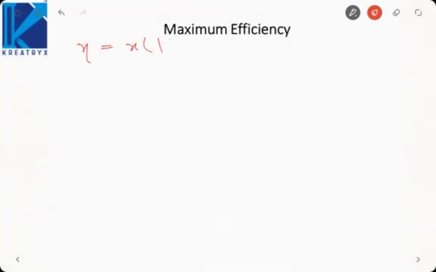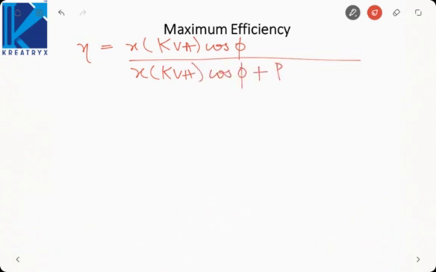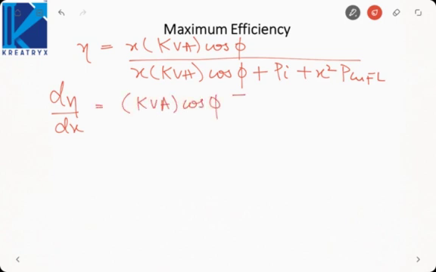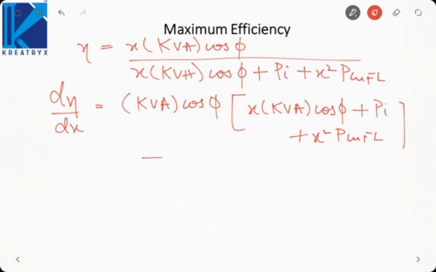Eta is x kVA cos phi by x kVA cos phi plus Pi plus x square PCU FL. Now if we differentiate efficiency with respect to x, it will be kVA cos phi into x kVA cos phi plus Pi plus x square PCU FL minus, if we differentiate the denominator, it will